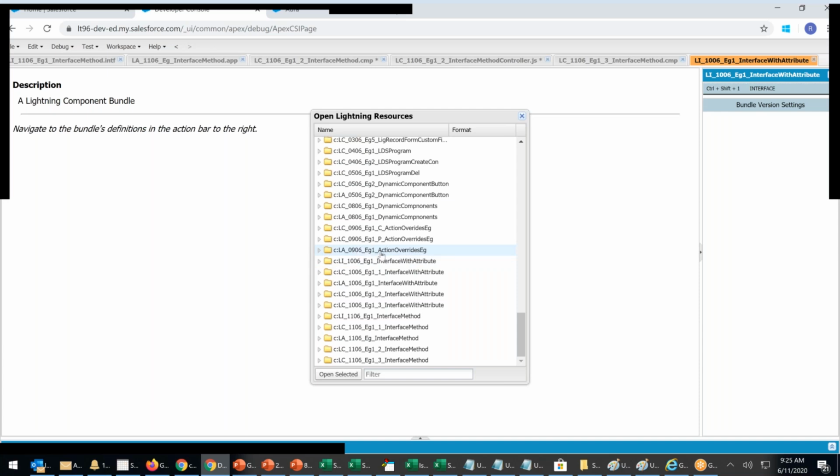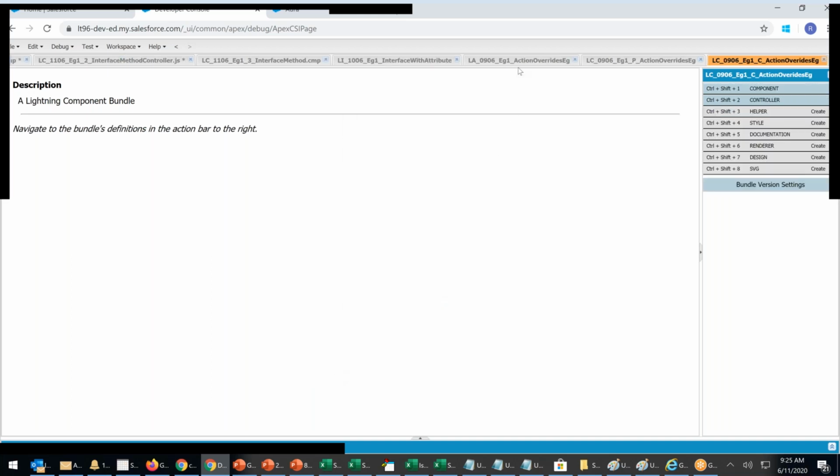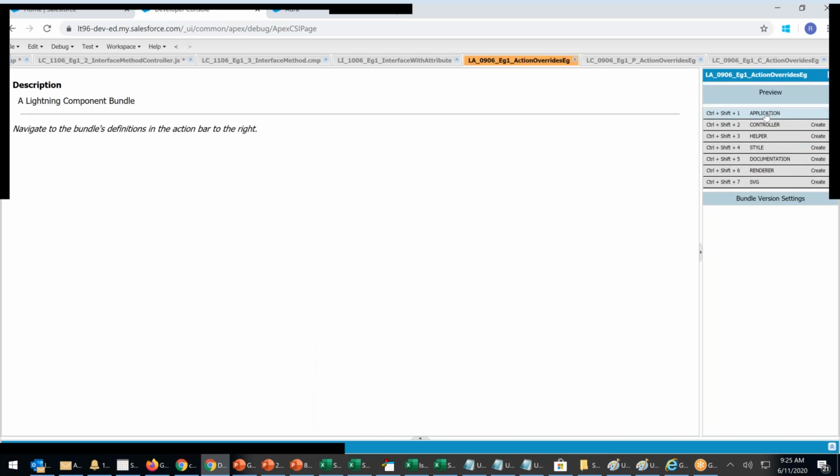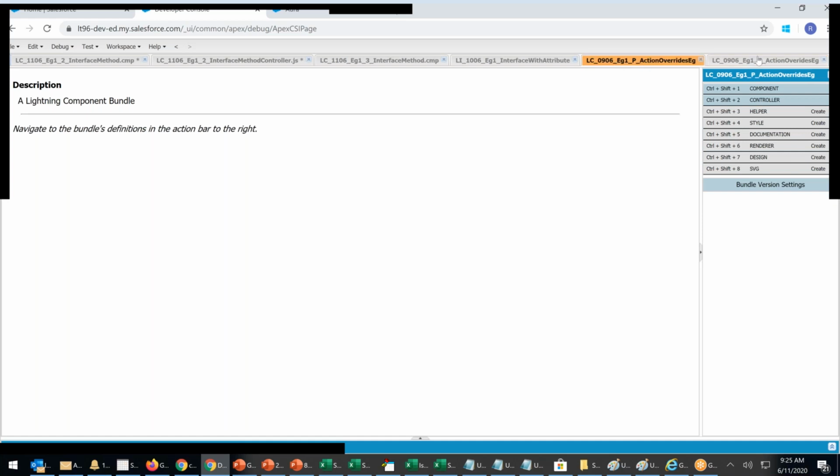Let me see example 1, LC 906, action override example, parent and child. Let me open all three. Action override is an application. I don't need it. 906, 9061, parent and child.